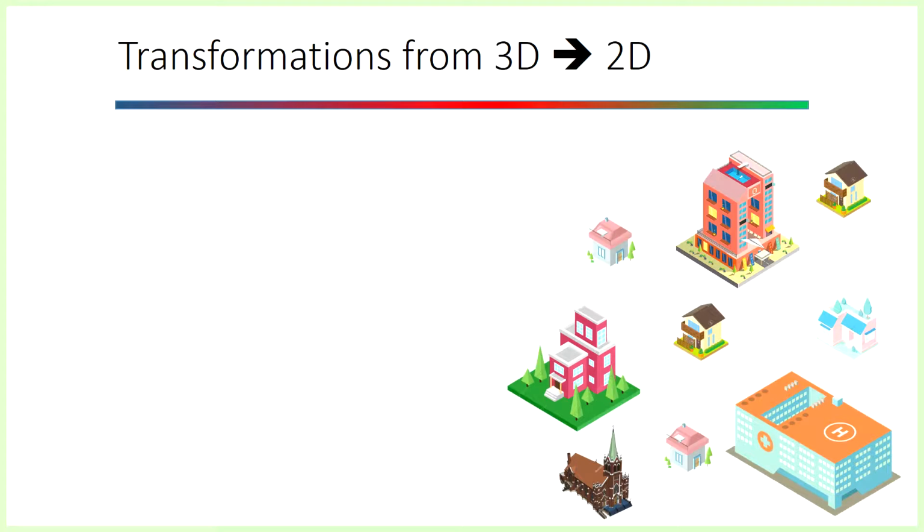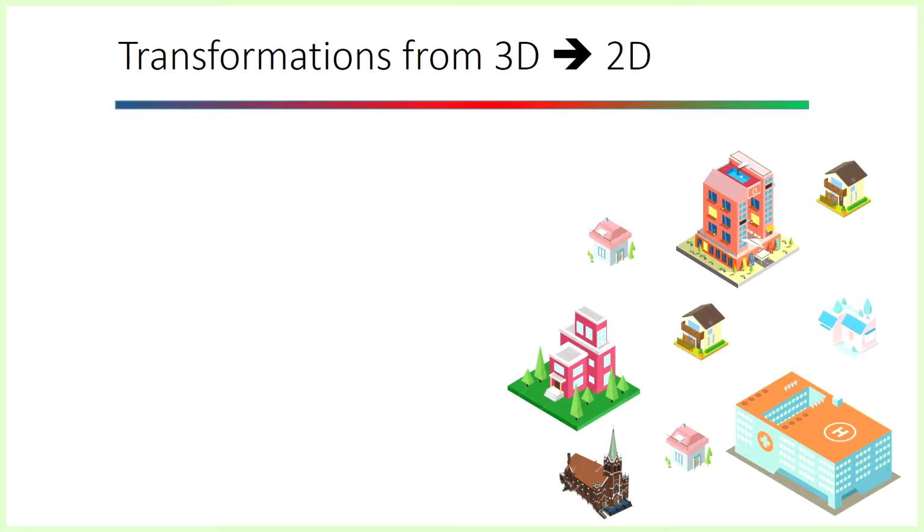When we take a transformation from 3-dimensional coordinates to 2-dimensional coordinates, we're doing something that is a bit different because we're really throwing out data. What does that actually mean? Well, let's imagine that we've got 3-dimensional XYZ coordinates of all the buildings in this city here. Well, one way that we could map this data into 2 dimensions is to use the following very simple 3D